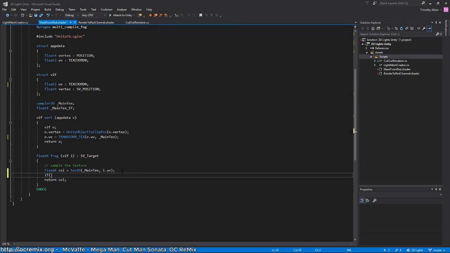Basically, if color alpha is less than 0.5, then we can just set it to 0. That shouldn't make any difference though, because the alpha is already 0, but